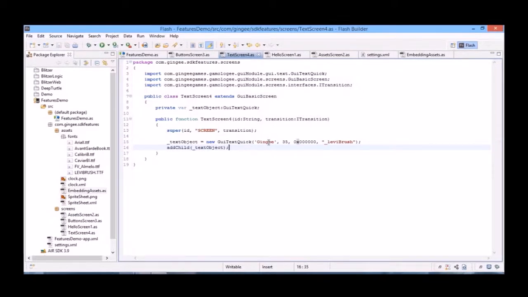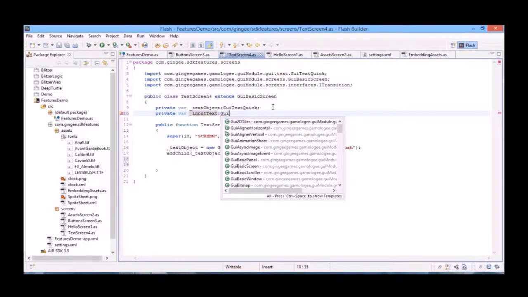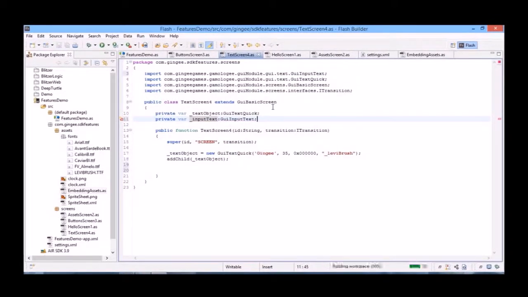So again, the first parameter is the text we want to display, the second parameter is the font size, the third is the font color, and the fourth is the font name. Now let's go ahead and create two other types of text. Let's create a private var _inputText, which will be GuiInputText, and then _inputText equals new GuiInputText,